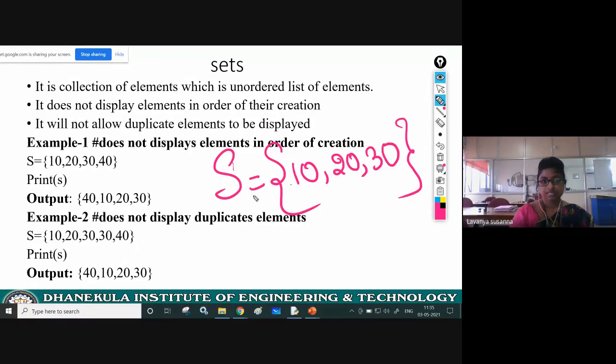See now, here I have inserted 10, 20 and 30. But what will these sets display? See here, unordered sets. You have given the order 10, 20, 30, but when you are displaying these sets, it will give some unordered list.